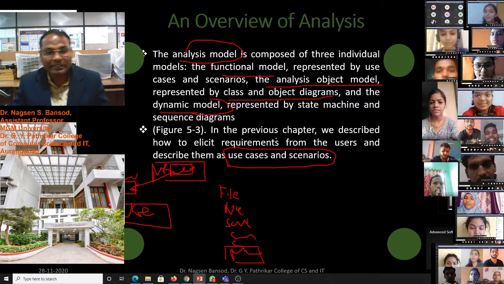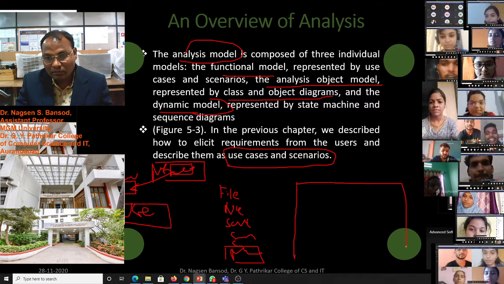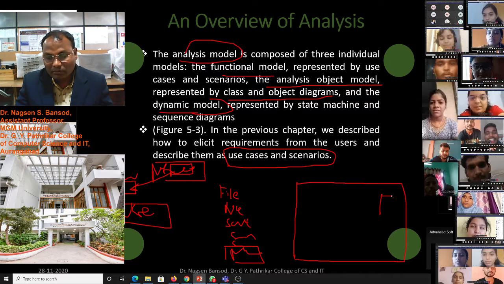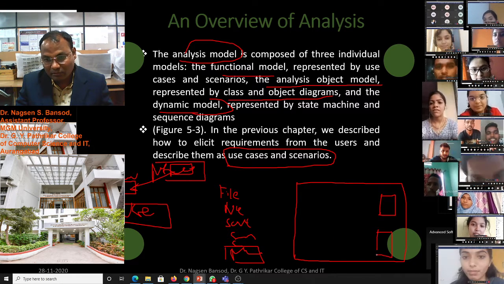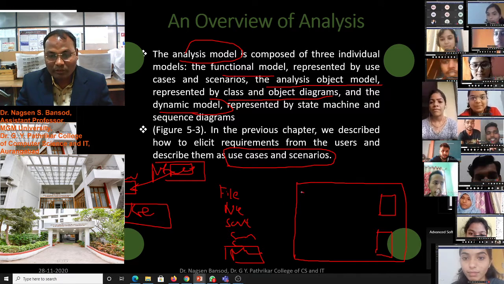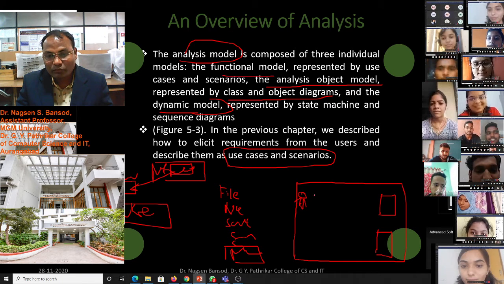In the state machine diagram, we will design all the workflow. Suppose this is our computer and this is our printer. When this printer will start, for this purpose there will be an actor. What will the actor do?